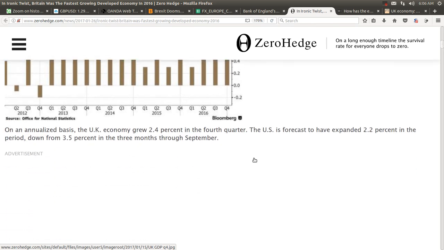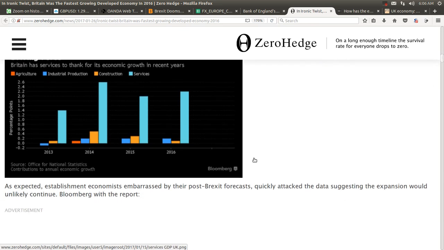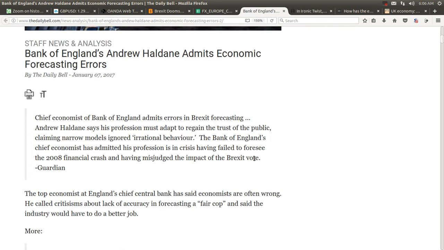The market is having to revise its expectations with respect to the UK economy, and you can see that. And you also have this famous mea culpa from Andrew Haldane at the Bank of England, admitting forecasting errors. We also know that Mark Carney, who had also given us very scary forecasts for Brexit scenarios, was actually chastised by Theresa May and some other people in Parliament. Andrew Haldane admitting forecasting errors made by the Bank of England, who are now having to quickly revise their forecasts